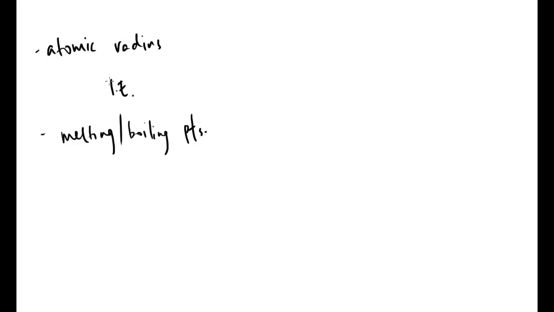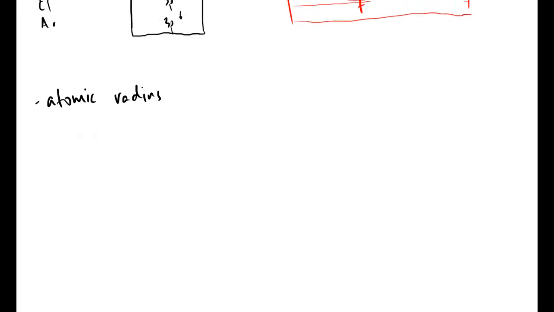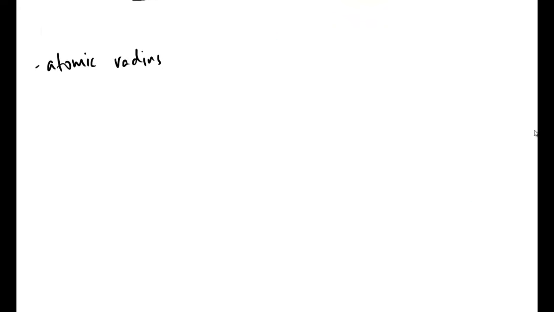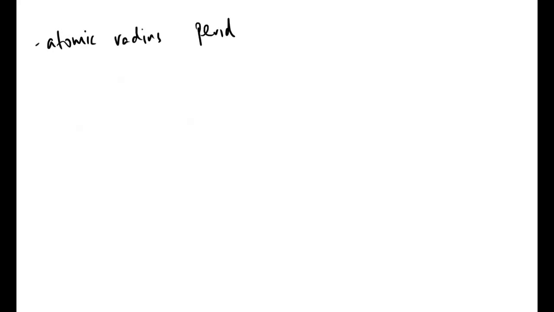So first thing then, atomic radius. The purpose of showing the electron configurations was that they give you a pretty good idea of what's happening. Because we're in this third period going across here, we can see that we remain in that third energy level the entire way across the period. And this is again period 3 that I'm talking about. Period 3. So what we've got then is